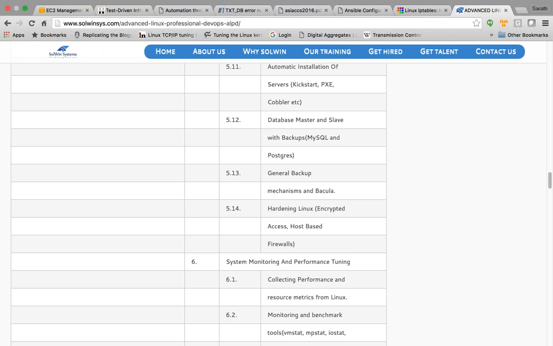Gone are the days when people used to type in commands manually and get things done. Now we use configuration management tools. That is where DevOps steps in and solves this problem.